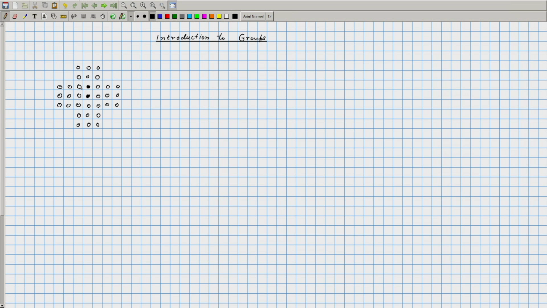Let us say that the darkened positions are devoid of marbles. If I mark it in black, that means there is no marble at that particular position. So, this is the starting configuration. There are marbles at all the positions except at the very center of the board, and there are certain moves available that you can perform on the board, and the final configuration is given. The question is whether you can reach that particular configuration.